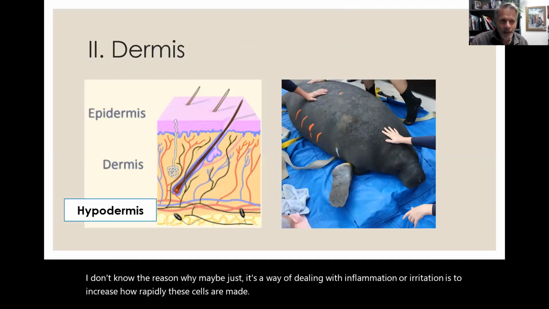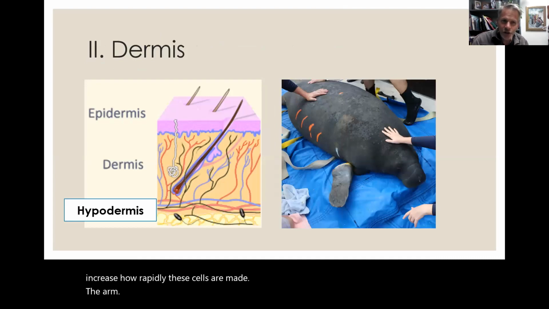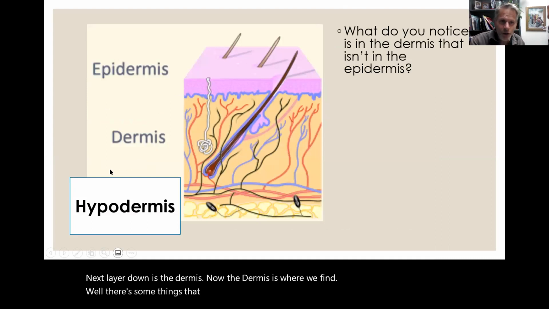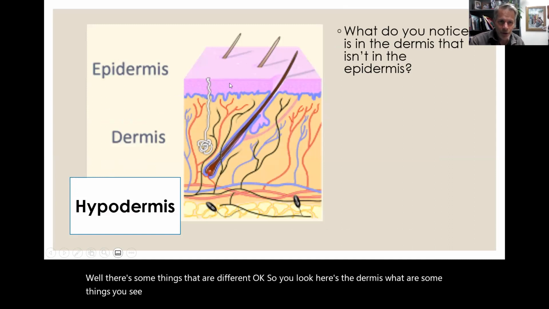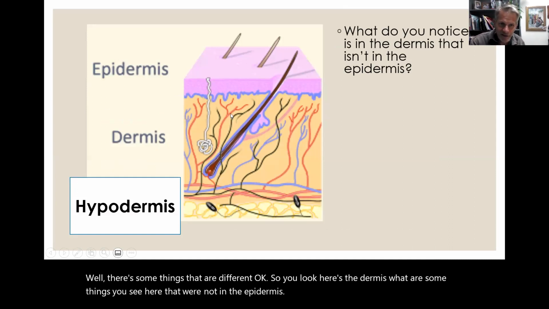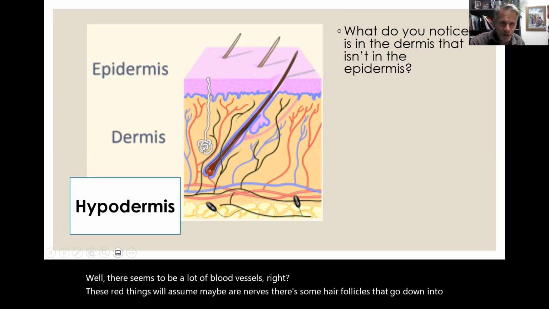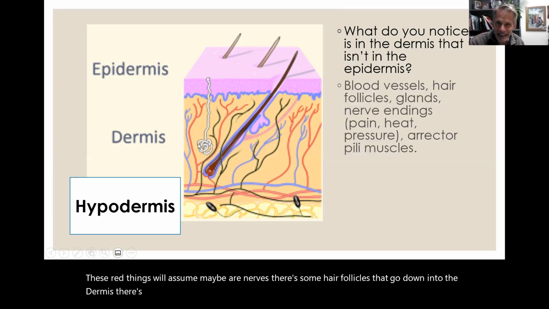Okay, the next layer down is the dermis. Now the dermis is where we find, well, there's some things that are different. Okay, so you look, here's the dermis. What are some things you see here that were not in the epidermis? Well, there seem to be a lot of blood vessels, right? These red things we'll assume maybe are nerves. There's some hair follicles that go down into the dermis. There's this, what is this? This is some sort of a gland, right? So these are all things we find in the